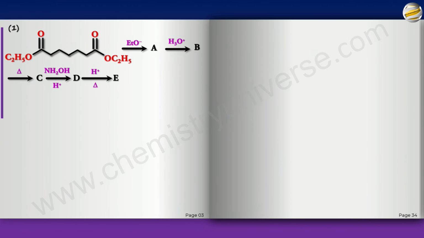A obviously would be, let's say for example, you have a minus forming here. This will attack this. This is intramolecular Claisen ester condensation. And this goes here, it comes back and OEt leaves. So you will get a 6-membered ring with a ketone. This would be the ketone part. And then there is an ester part. So if you just carefully make the product, you'll get this.